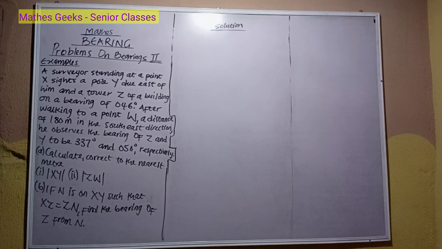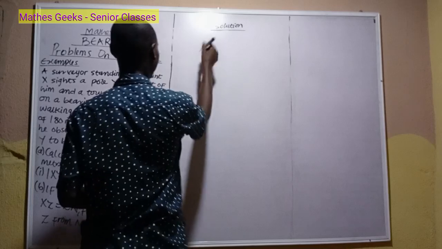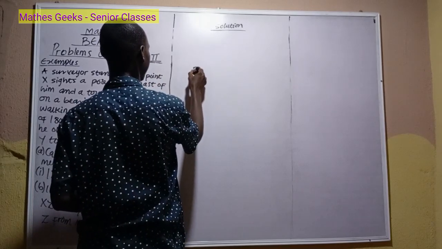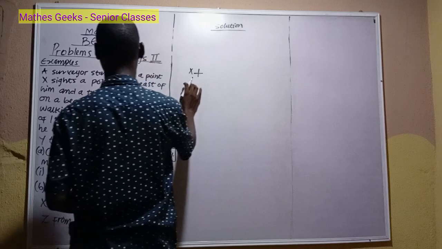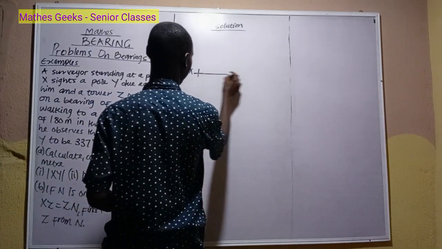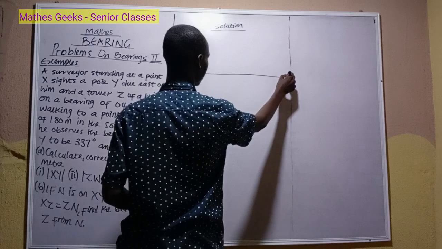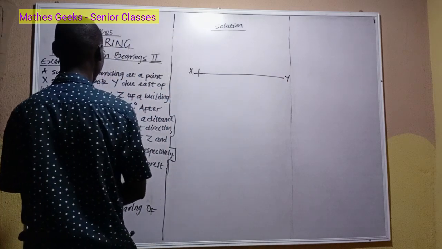A surveyor standing at a point X sights a pole Y due east of him. So it's here, point X. Standing at X, he sights a pole Y due east of him. Due east is going to be like this. So let's call this Y. And then due east of him,